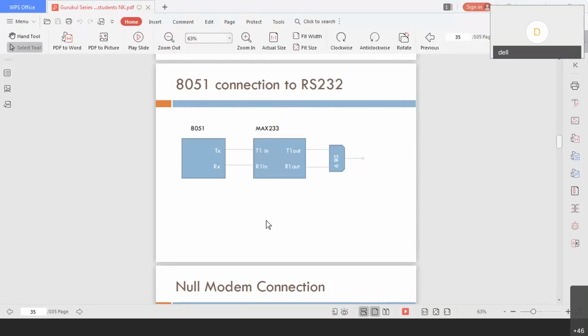Now, what is the significance of the DB9 connector? It has one ground connection, one TXD, meaning transmit data connection, and one RXD, meaning receive data connection.